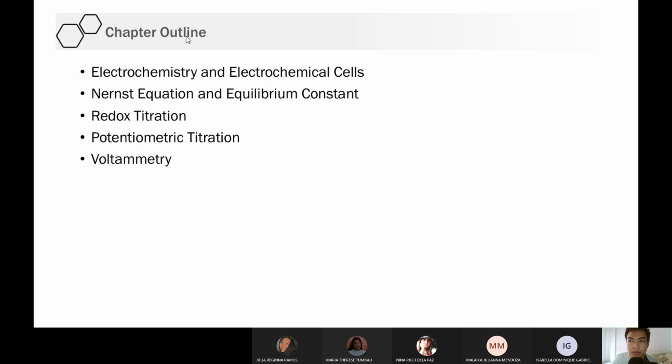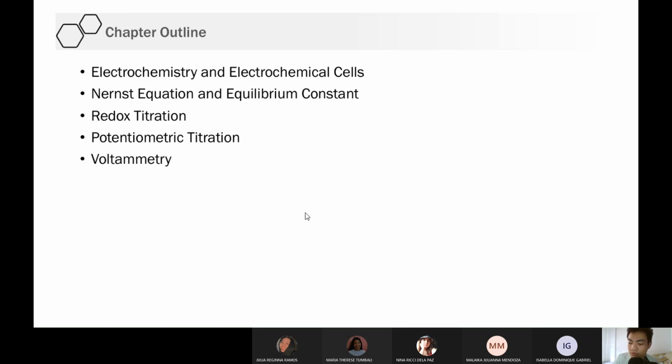This topic requires knowledge of titration, and kailangan may alam ka na sa titration, may alam ka na rin dapat sa equilibrium. Okay? And a little bit of electrochem. So I think you have not started with electrochem pa with Sir Alex. But I will give you an idea. So discuss natin to briefly, but more details will be discussed in the lab.